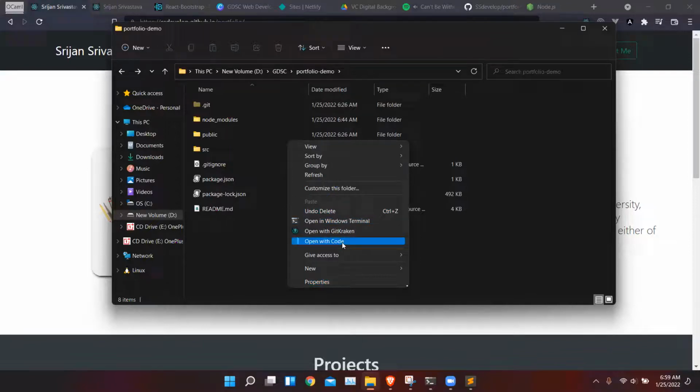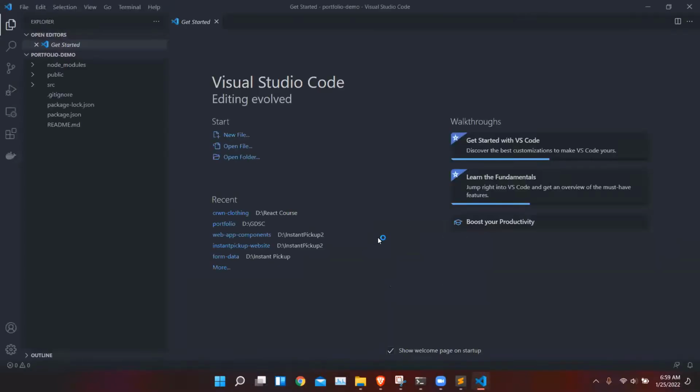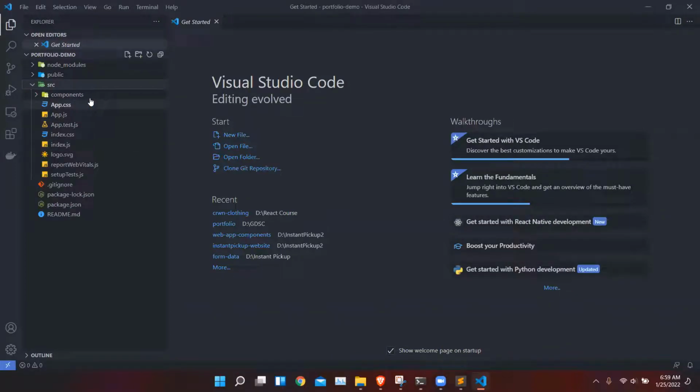Matthew, the components folder, we have to make it ourselves. You have to make it yourself. Don't worry if you don't have it in the boilerplate. Inside the components folder, we will add